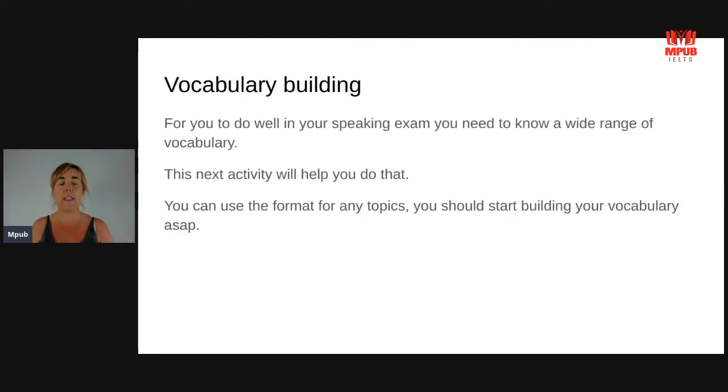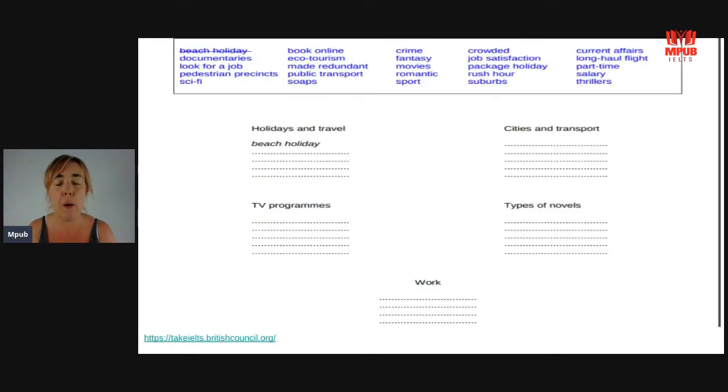So let's have a look at this next activity. You can continue and use this format for the rest of your life. This is just a way of recording vocabulary. What you need to do now is to divide your piece of paper, any piece of paper, or in your phone, if you can, into 5 categories: holidays and travel, cities and transport, TV programs, types of novels, a novel is a book, and work,